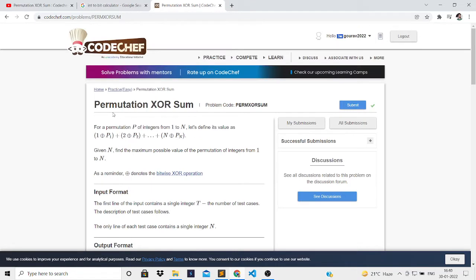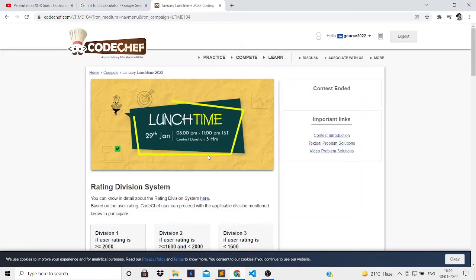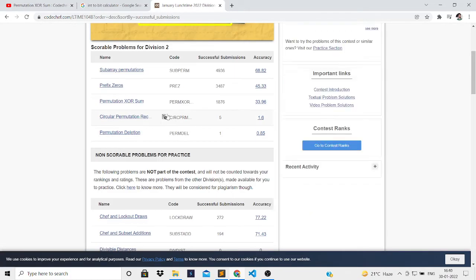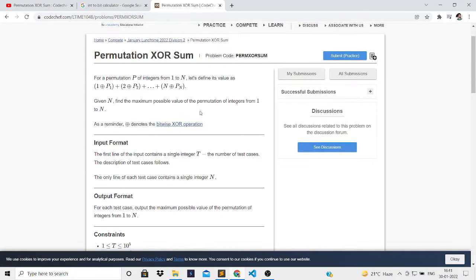तो आज हम डिस्कस कर रहे हैं परमुटेशन जॉर सम, जो कि एक लंच टाइम जनवरी लंच टाइम का डिवीजन 2 का थर्ड क्वेश्चन है। परमुटेशन जॉर सम। ठीक है, तो इसमें हमें दे रखा है कि फॉर अ परमुटेशन p ऑफ इंटीजर्स फ्रॉम 1 to n, लेट्स डिफाइन इट्स वैल्यू।